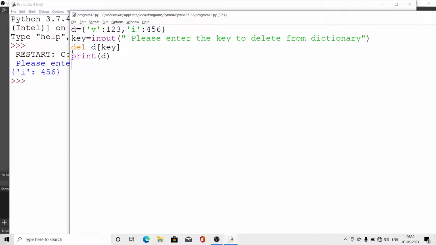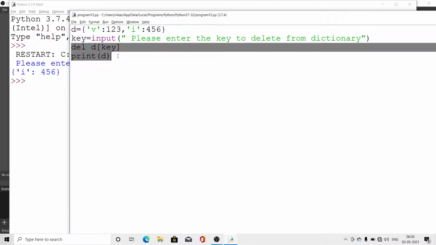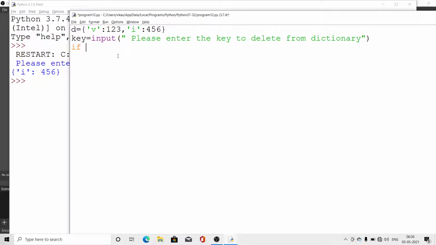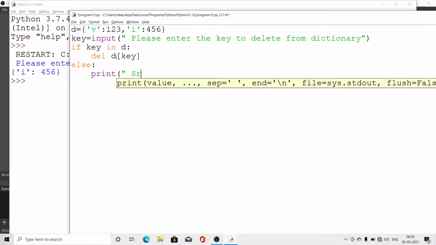So my dear students, how will we do the deletion? First you will check by using if key in D. If it is existing, then you may perform the delete D of key. Now else, you should give a notification to the user, print sorry, the given key does not exist.